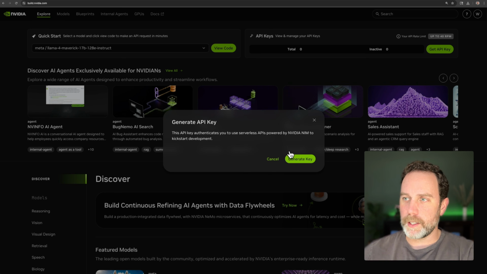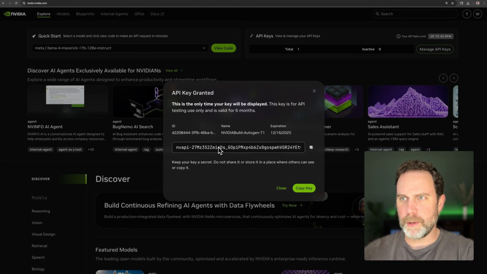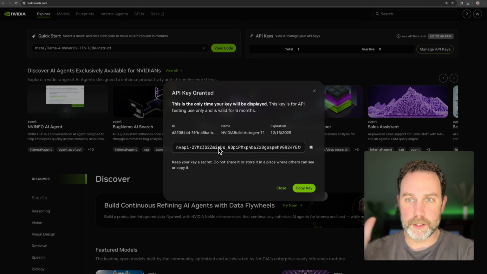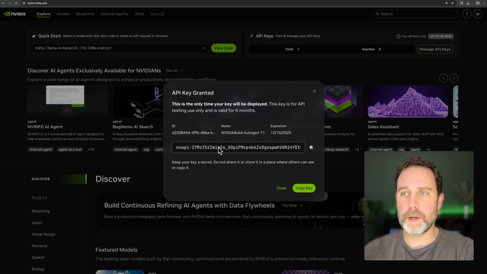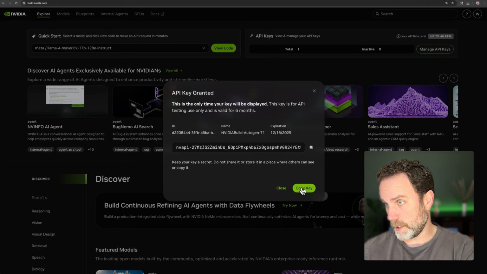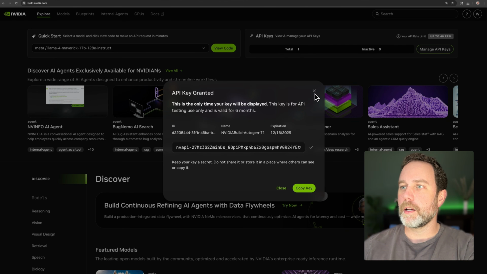All right, I'm going to click this generate key. And now this key here, I've got mine blurred, but this key is how you authorize yourself to call LLMs hosted on NVIDIA's resources. And these are all the popular open models that are hosted on very large NVIDIA GPU models for you to use. Click this copy key. Click copy key. All right, it copied, or you can click this button here, copy key, and then I'll